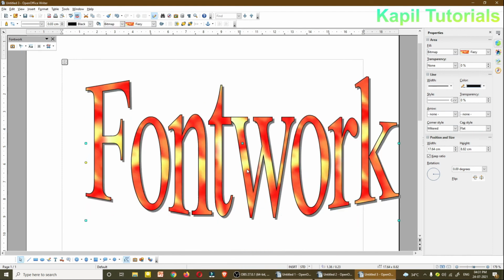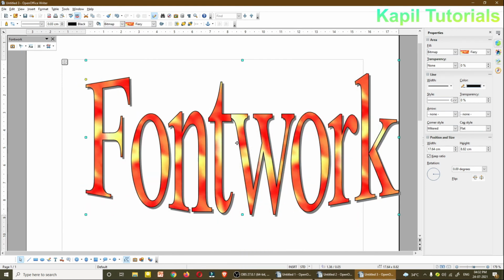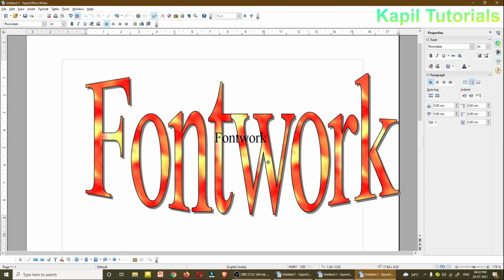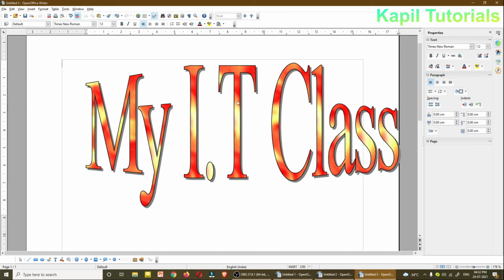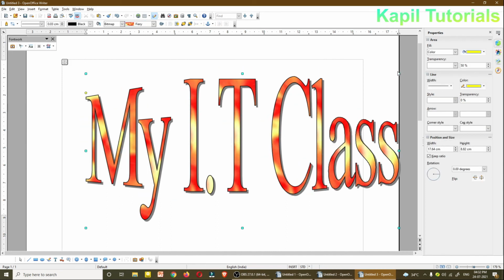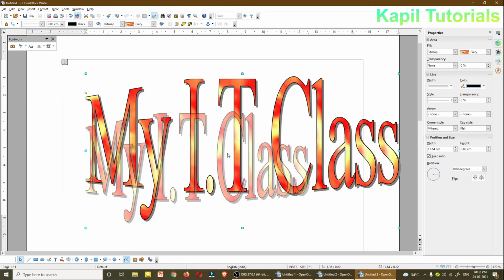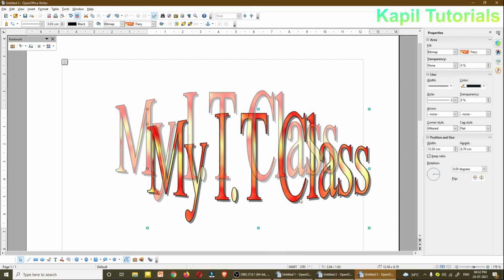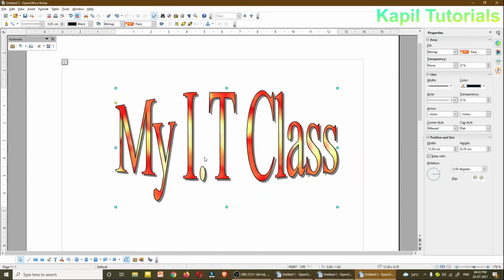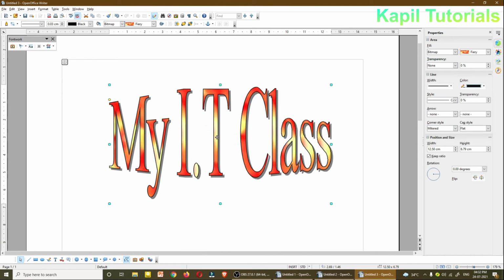Now you see here it is looking like this. Double click it, and then you can type my IT class, and you could see here as a result, what I have typed is in front. Okay, so it is a kind of word art like what we were doing in MS Word.